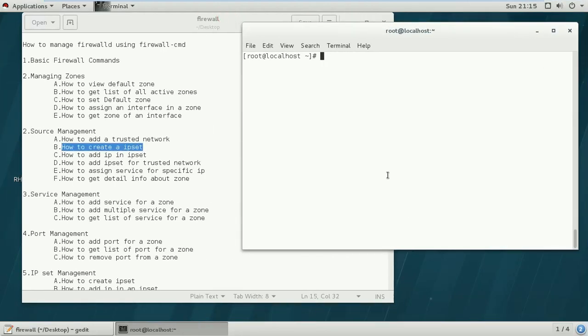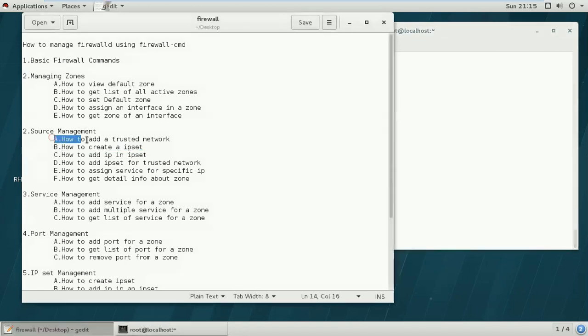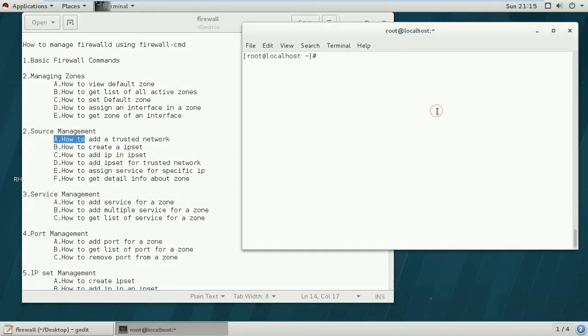So now we are proceeding to the next topic, and that is source management. So what is a source? A source is any IP address or network which will access your resource. So let's proceed, and first of all we will see how to add a trusted network. What command will we use to add a trusted network? Let's say we will use the command firewall-cmd --permanent --zone=trusted